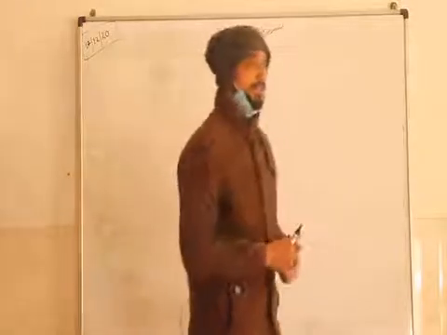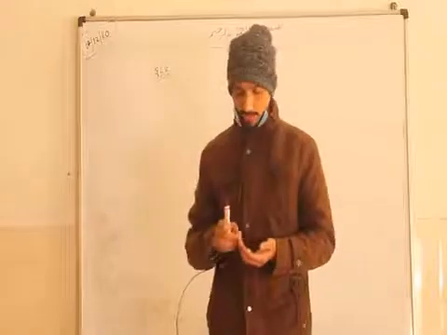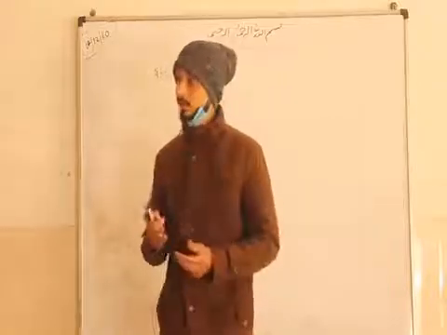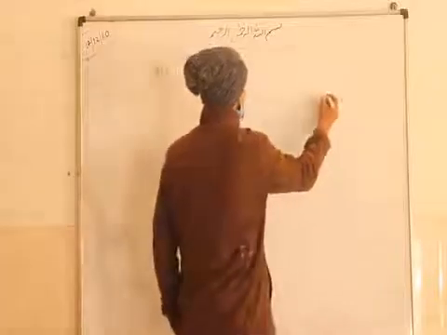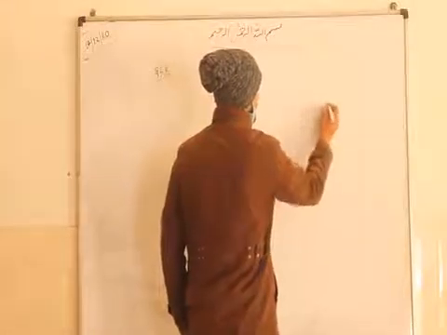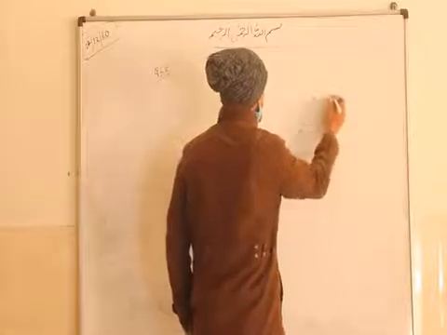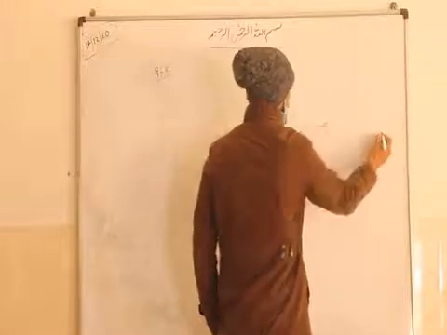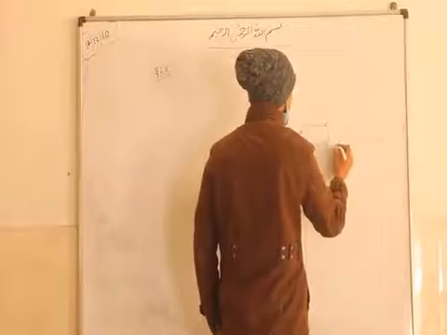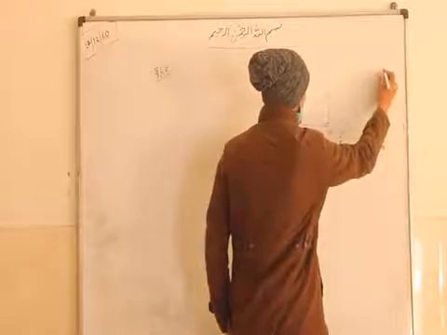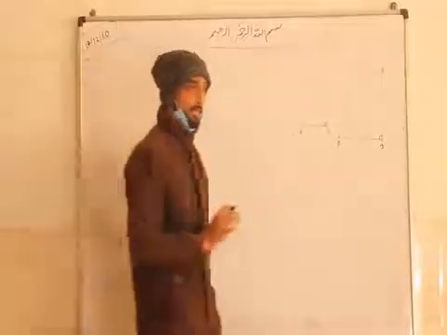So in question number 28, there is a concept of similar triangles. Similar triangles we will learn in detail in your 10th class, but I am telling you some concept about similar triangles. So this is a right triangle ABC, right? And this is another right triangle PQR. Let's see, these two triangles are right, so they are similar.